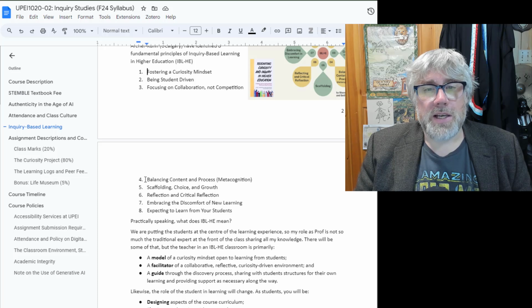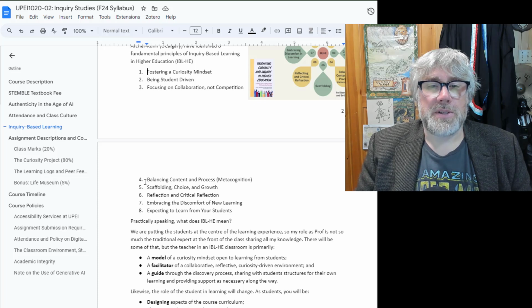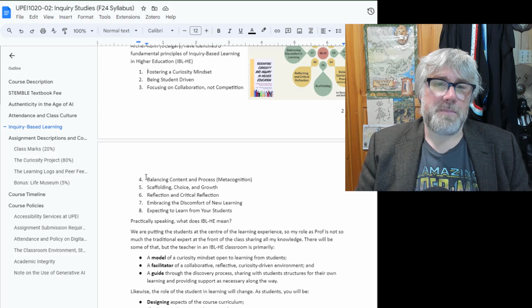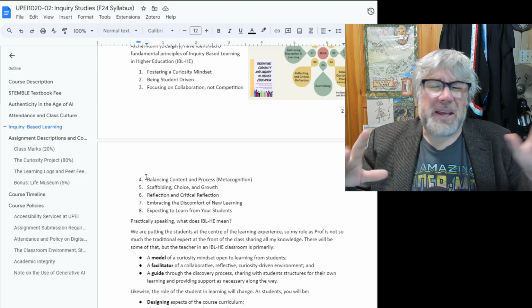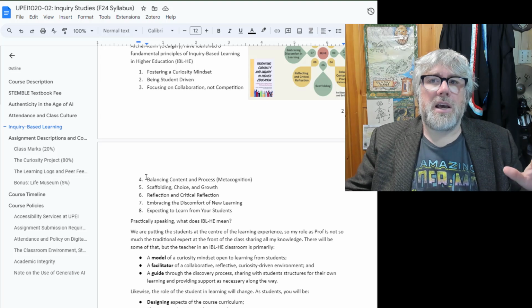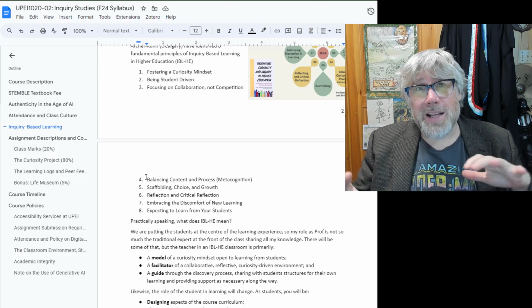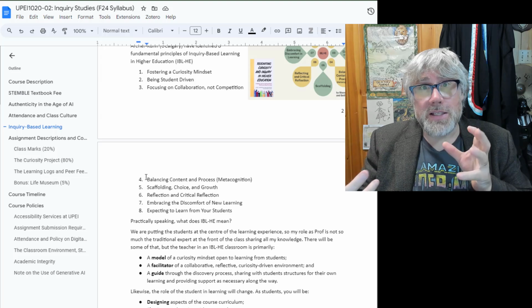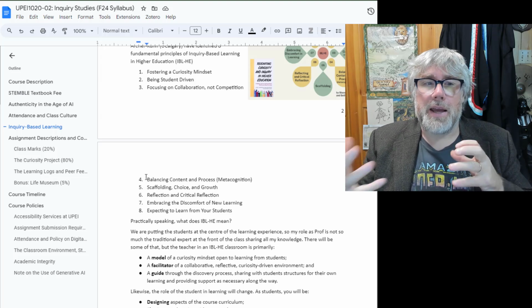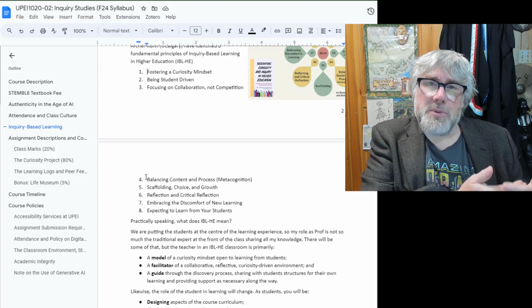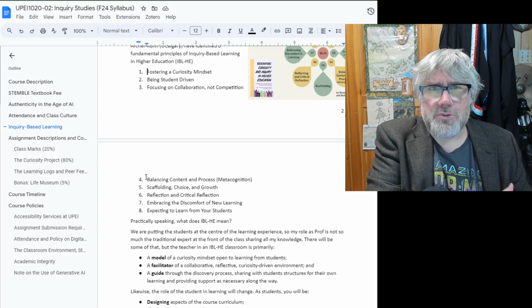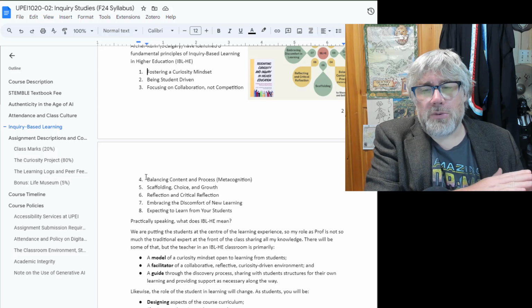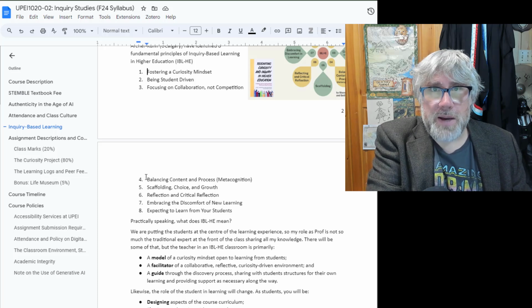So when we talk about balancing content and process and scaffolding, this is what we mean. I'm not just going to be giving you the information that you need to do your research projects. Throughout the whole course, we're going to be constantly thinking about not just content, authenticity, and AI, but process. How do we discover? What does it mean to do research? What does it mean to read with purpose? How do we give one another feedback to help one another along, and so on?